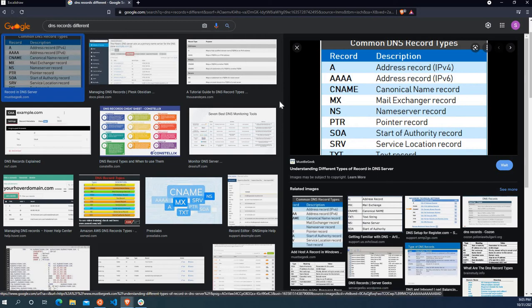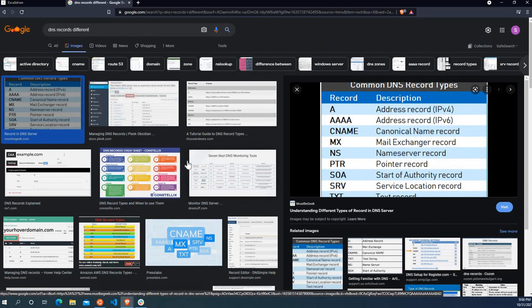It's not services per se, but it's directions for, for example, a mail server with the MX record, or it can be an A record or an AAAA record,